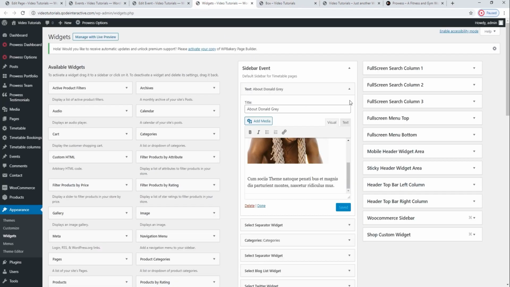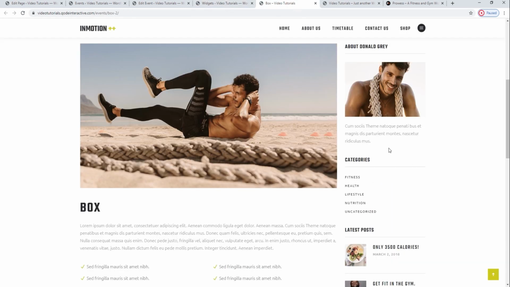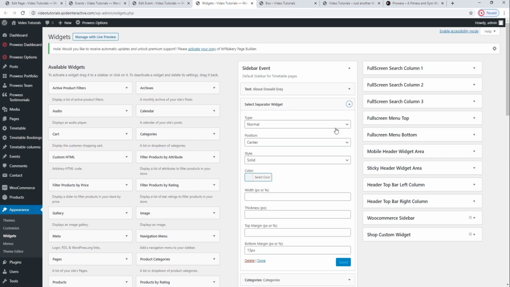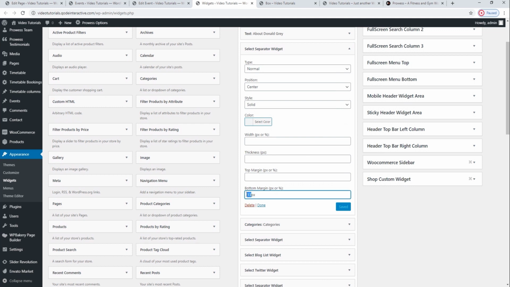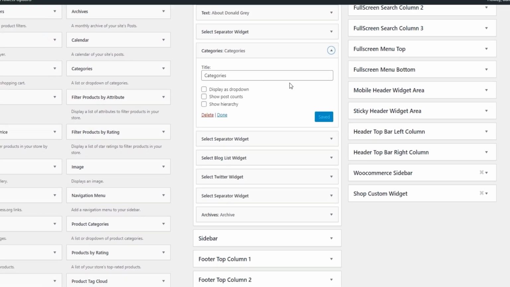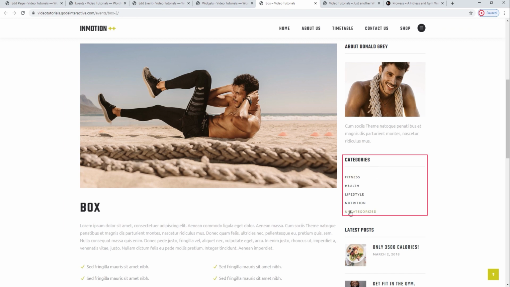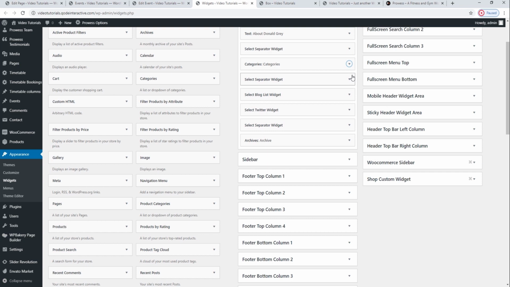Below this widget, you'll find the separator widget. It was included because there is no other way to create this space here, so this widget serves as sort of invisible separator. The only thing you need to edit in this widget is its bottom margin that actually creates the empty space. We'll leave it at 13 pixels. The following widget is Categories. These are all the categories we have for the events. You can leave it as it is or delete it. This widget is once again followed by a separator.